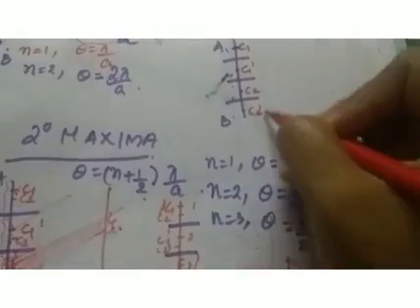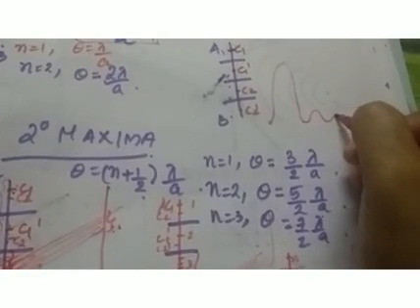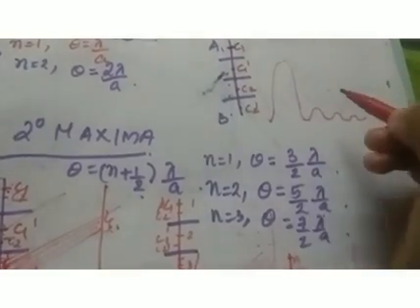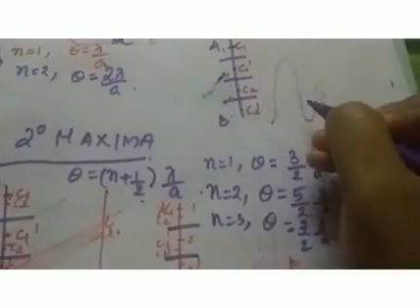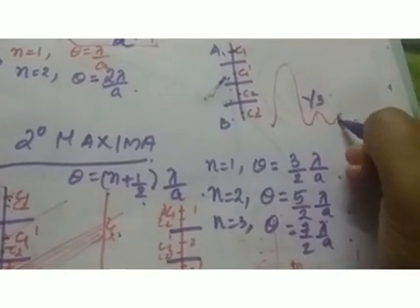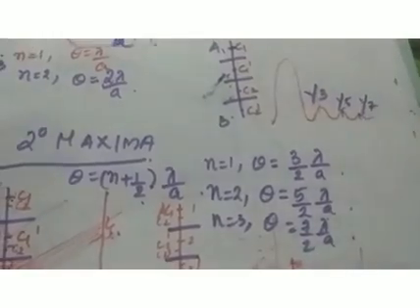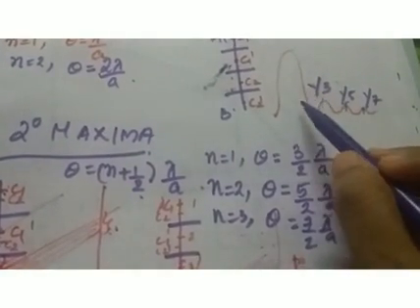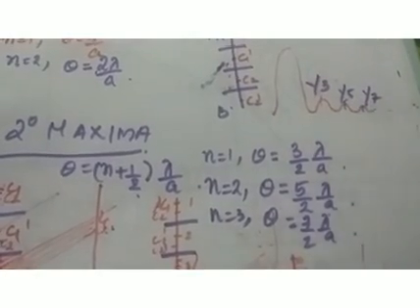Okay, so that's why the diffraction pattern looks like this. First we have a central maximum, and on either side of the central maximum we have secondary maxima with decreasing intensity, because soon after the central maximum, 1/3 of the slit contributes to the brightness, and after that only 1/5 of the slit is contributing to the brightness, and after that only 1/7 of the slit is contributing to the brightness. So that's why as we move away from the central maxima, the intensity of the secondary maxima goes on decreasing like this.